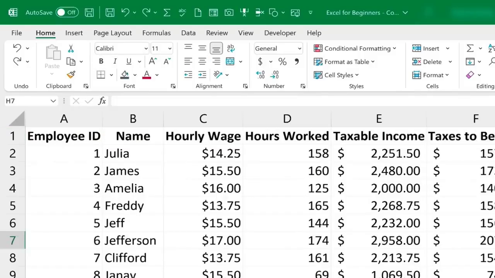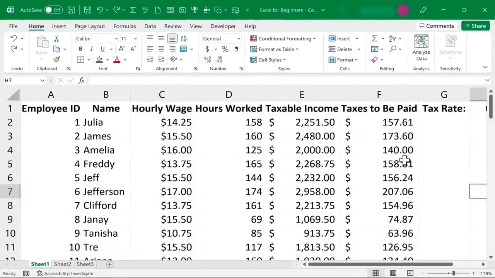Next, I want to show you a shortcut you can use when you're trying to format columns, rows, cells, etc. in Microsoft Excel. Let's say you get a cell formatted just the way you want, and then later you decide you would like to also format other cells in exactly the same way. One trick that you can try is select the cell that has the formatting you want, and then go to